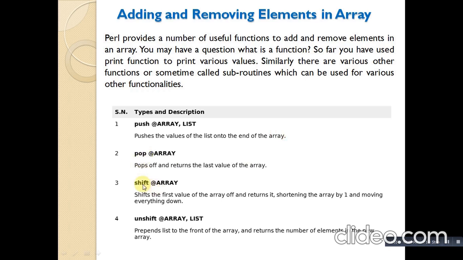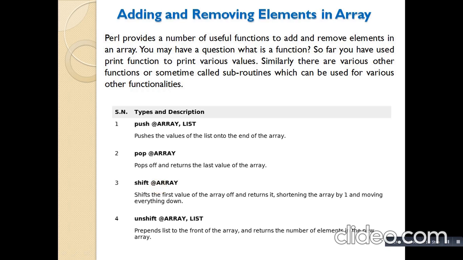Now shift takes the first value of the array off and returns it, shortening the array by 1 and moving everything down. Instead of removing the last element, if I want to remove the first element, I will use shift,